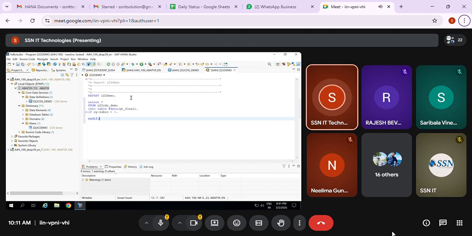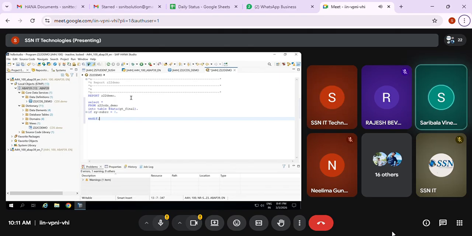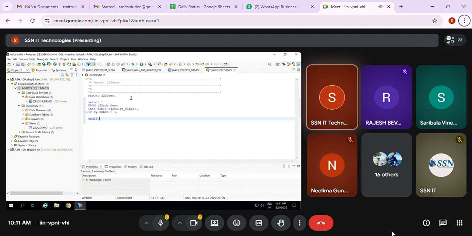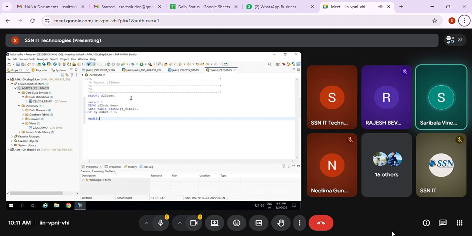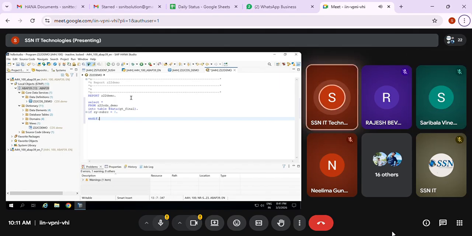How are you going to display in OOALV format, ma'am? Using classes. CL_GUI_ALV_GRID. Correct.